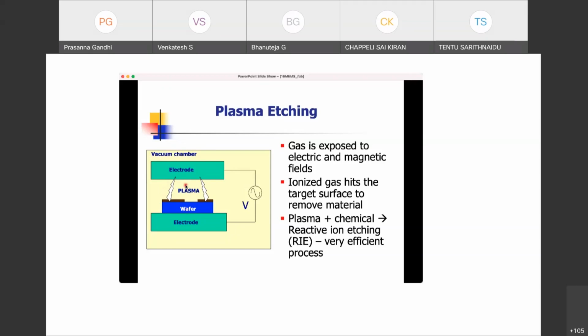Here there are high mass ions bombarding the wafer surface, and they are physically trying to remove the silicon molecules from the surface by that hitting. And that's why this is called dry etching